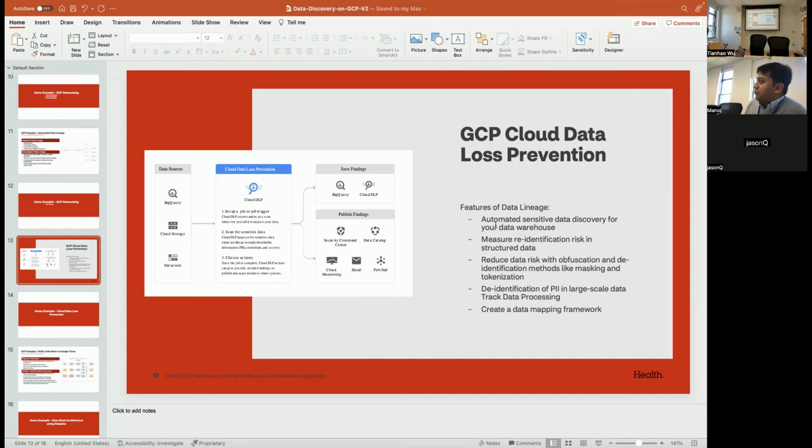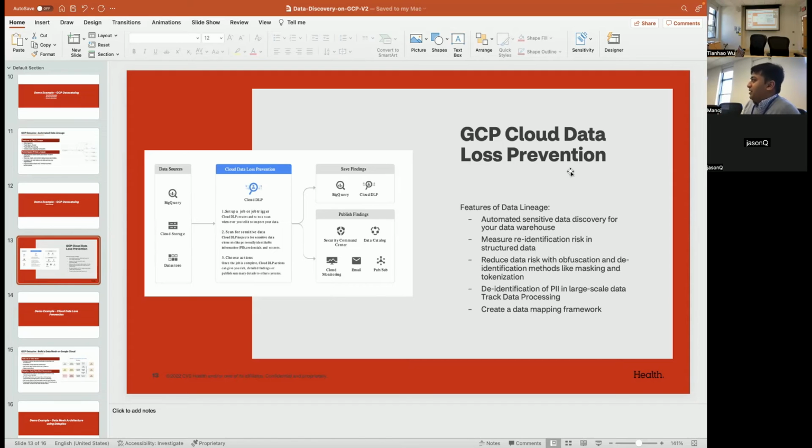It tries to capture it, and it is important for a platform to build safe and secure data warehouses or data lakes where you don't have data leakages, particularly of PHI, PII data. So this tool, data loss prevention, helps you identify sensitive data if it is accidentally saved there unencrypted or decrypted. And the next thing is it automatically tags it in a data catalog or Dataplex, saying that it